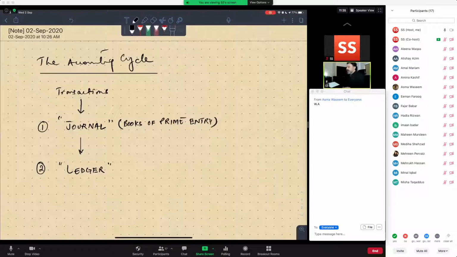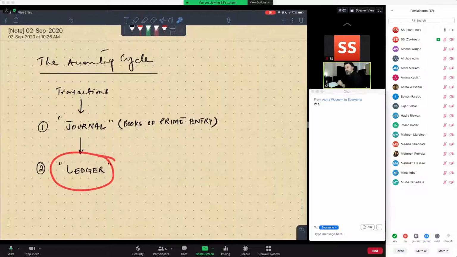A book of prime entry, or later on in some other chapter we will see that we will have multiple journals or multiple books of prime entry. But for now, what you need to understand is that every time a transaction happens, it needs to be recorded in 2 different places. So we have one book called the journal, and the other one is what we call